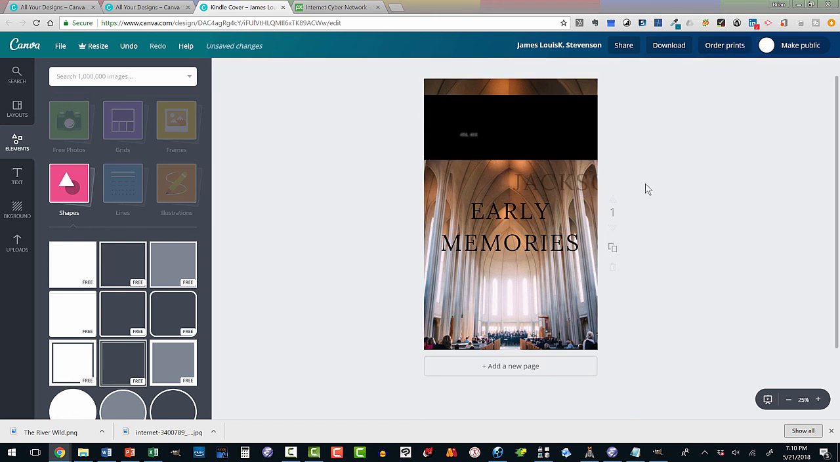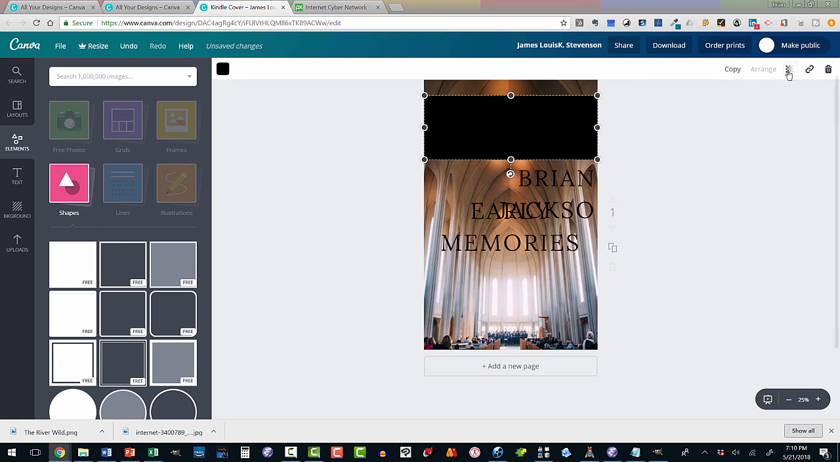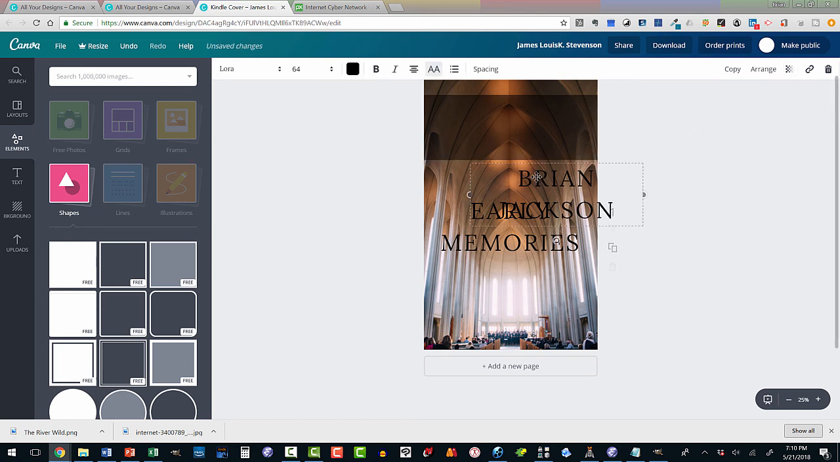I've got the text here, so I want to move that out of the way just temporarily. And I need to get the text and bring the transparency back up because I got the text instead of the box. Okay, here's the box. And I'm going to bring its transparency down so you can really see through to the church. So maybe to as much as 50%. Now, I'm going to take